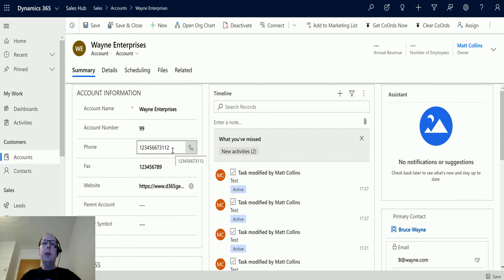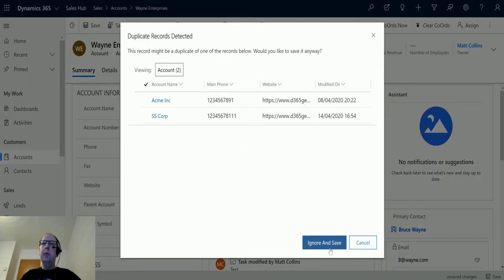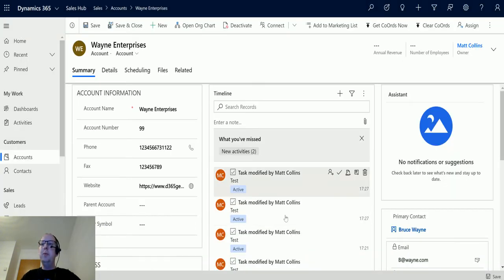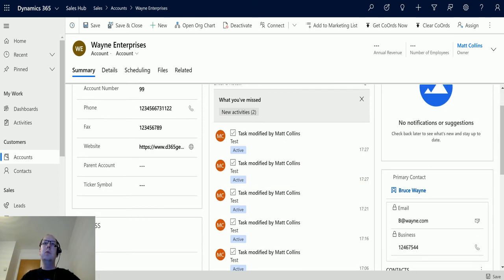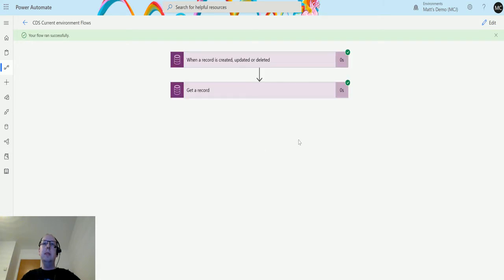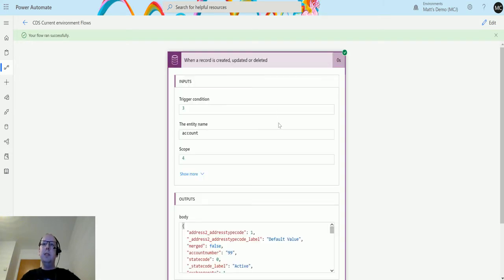So if I update the telephone number here, so if I put a 2 on the end of that, what that will do is, once I hit ignore and save because of the duplicates in the system, that will trigger the flow. So the flow is now running, and it's going to be triggered from this account record, and we're actually going to return back the contact details for Mr. Bruce Wayne. So if I go back to my Power Automate record, we can see it ran successfully,